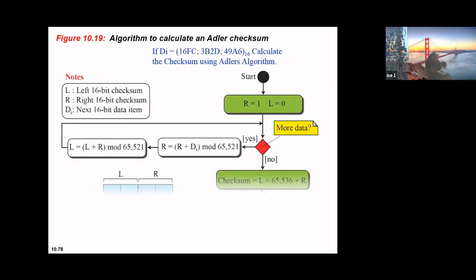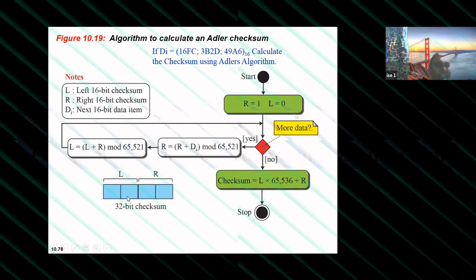Now do this example yourself and get me the answer. So here it is 16 bits. You see, left and right both are 16 bits. You can see here each data is 16 bit. 4 bit, 4 bit, 4 bit, 4 bit. Total 16 bits. This is 16 bit. So the final answer I should get is 32 bits.